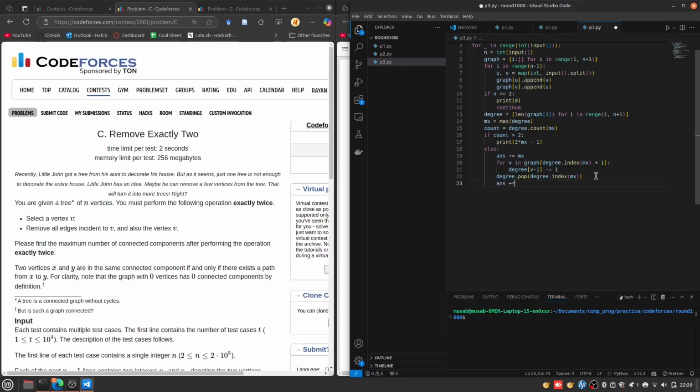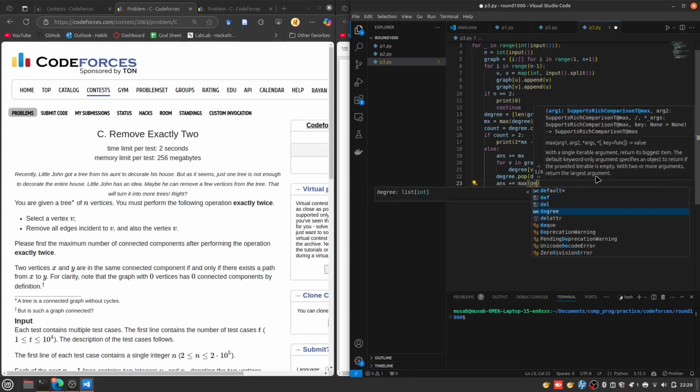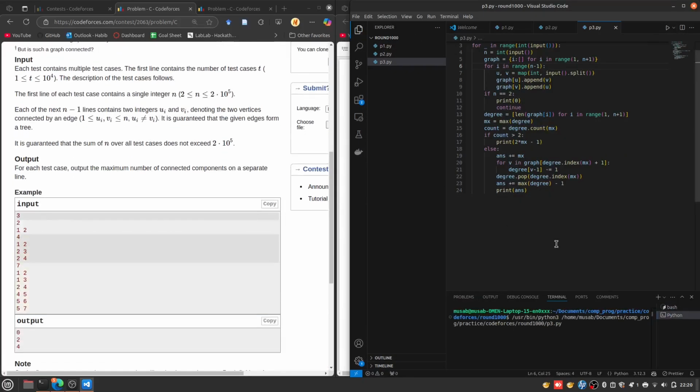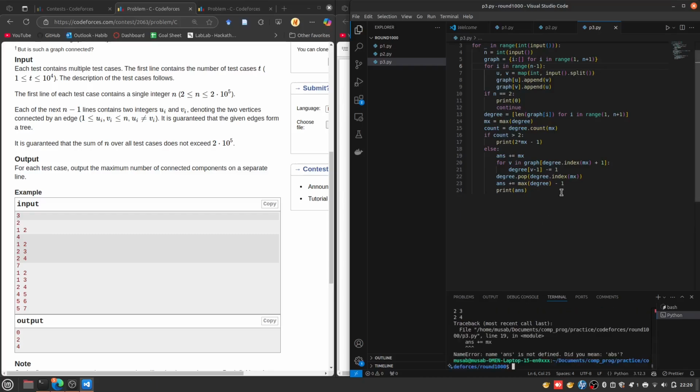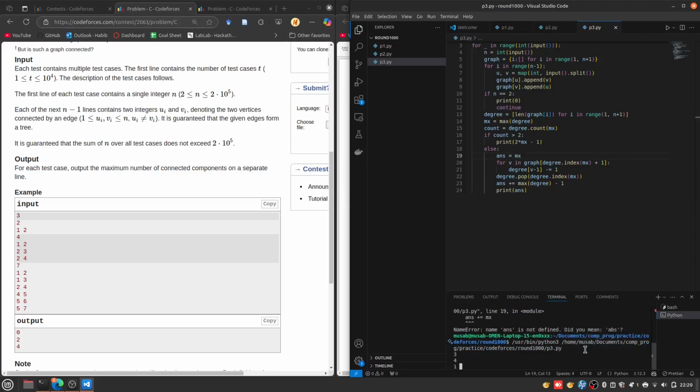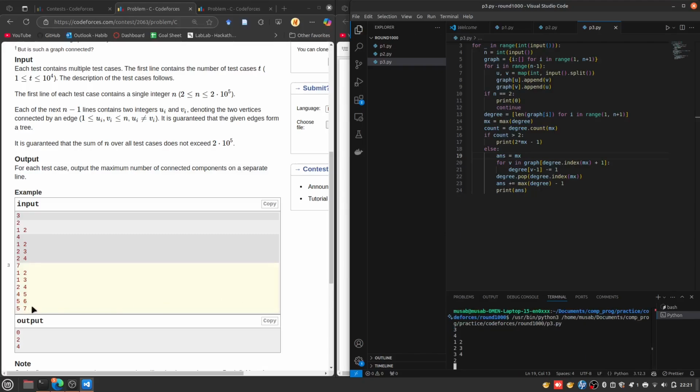Then ans plus equals max of degree minus 1, and then print answer. Hopefully that should work now for the other cases. So 3 2 1 2 0, then 4 1 2 2 3 2 4. Traceback: answer is not defined. Okay, that's fine because I forgot to do that. 4 1 2 2 3 3 4 is 2, and then this case